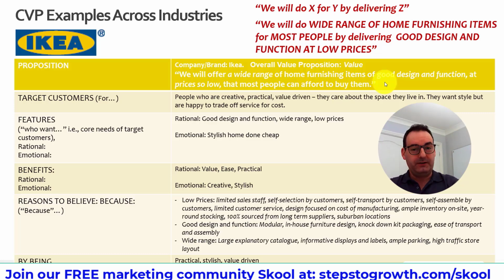The trade-off worked. They probably had to test it a lot, or they knew it worked in Scandinavia, and the job was, can we make this work in the rest of the world? They probably tested it, started small, and it has absolutely worked. Hugely successful company globally now, and a very good CVP. So keep this one in the bank as a good example to refer to of how to build a CVP, and also that